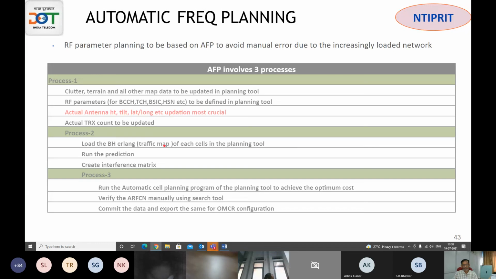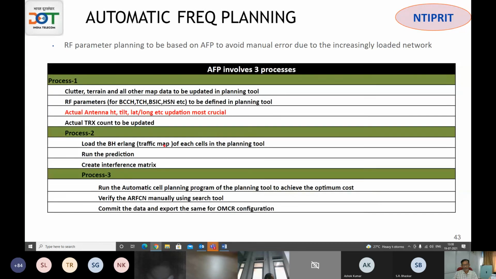And nowadays, for radio planning, very good tools are coming. Basically, you give the input of your current network to that, and then you load the traffic onto that, the existing traffic. But the most important thing is that the information regarding the current network, including the location, lat long, should be precise. Orientation of the tower, it is very easy to say, but if you look at an antenna from the top, it is very difficult to see whether it is 20 degrees from true north or 30 degrees from true north.